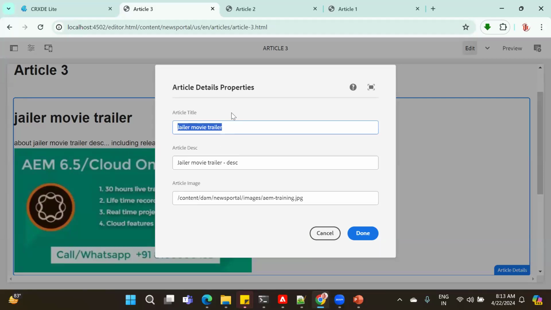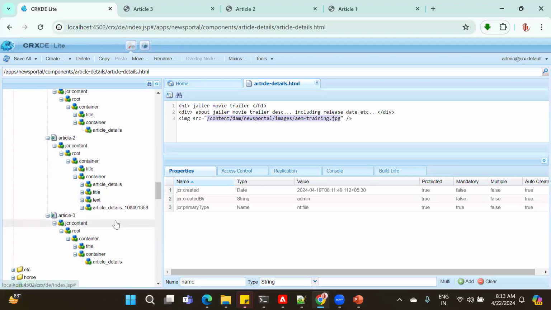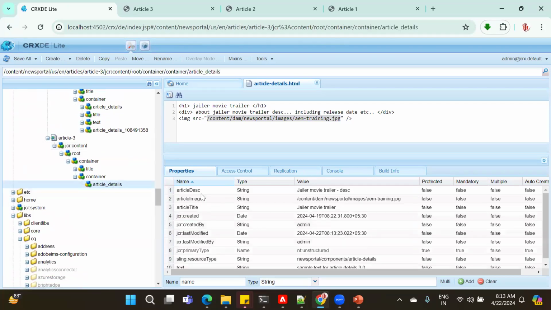In this component, we have configured title, description, and image. So this data will be stored into the content node. Go to article 3, refresh, article description. See this article description. This is the name property we have mentioned in the dialog: article title, article description,